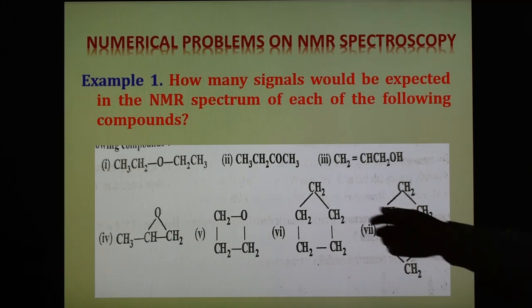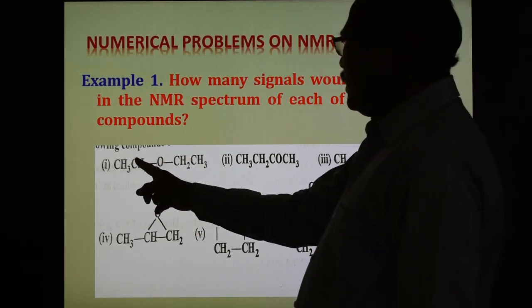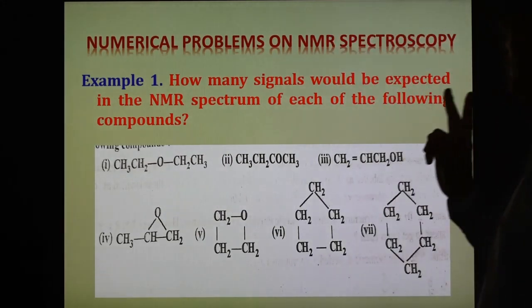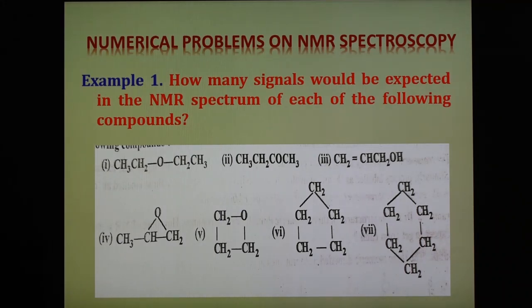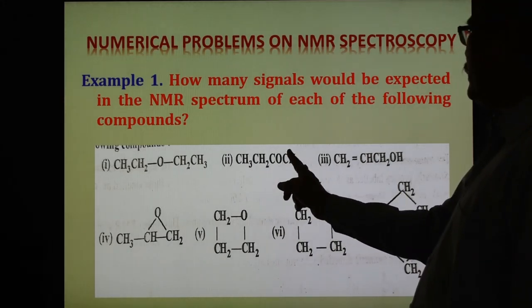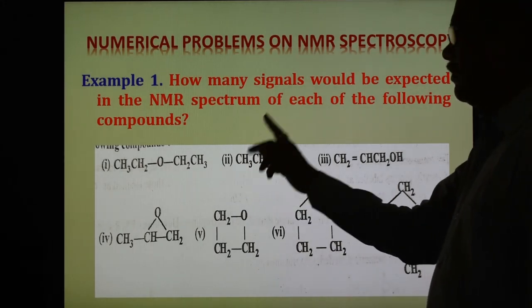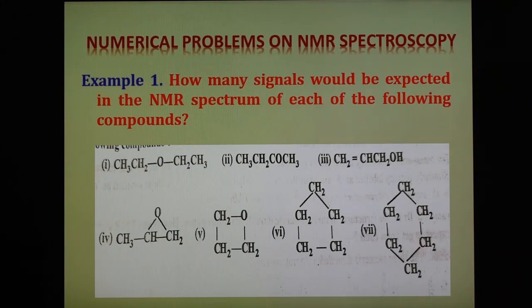we have to find out that this proton and this proton are similar, and this and this are similar, therefore A and B. So only two types of protons are there, and therefore in this compound two types of signals are observed. Now in the case of the second, we have to find out the different types of protons. Here these three CH2 groups are similar, but their environments are different, therefore they are chemically different. So A, B, C, three different protons are there, and because of that they show 3 signals in the spectrum.